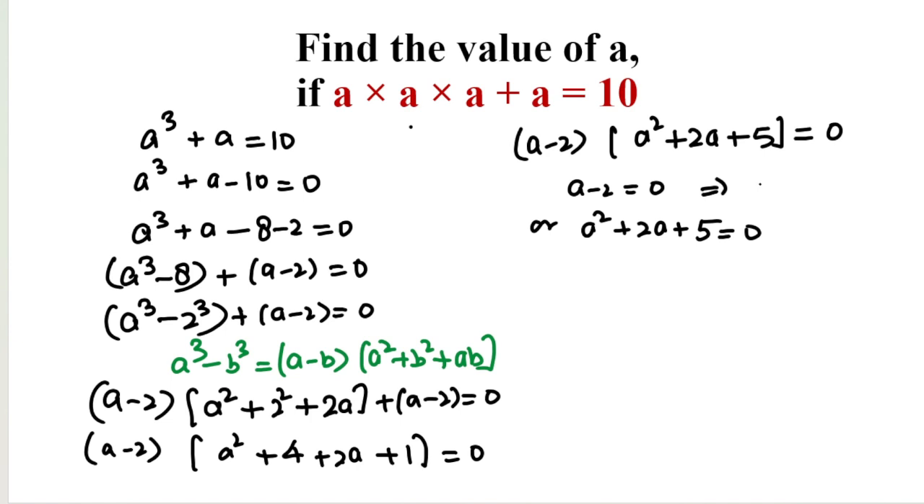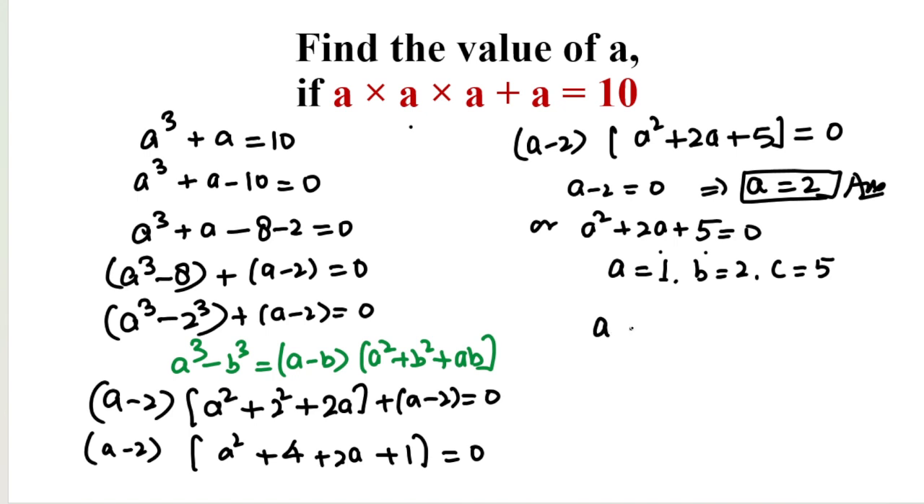अब यहाँ पर a की वैल्यू आ गई, a minus 2 equal to 0 means a equal to 2. एक वैल्यू तो आ गई यहाँ पर a equal to 2. अब सेकंड a square plus 2a plus 5 is a quadratic equation, and in this equation the value of a equal to 1, b equal to 2 and c equal to 5,